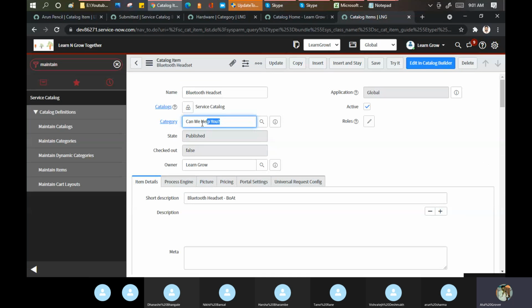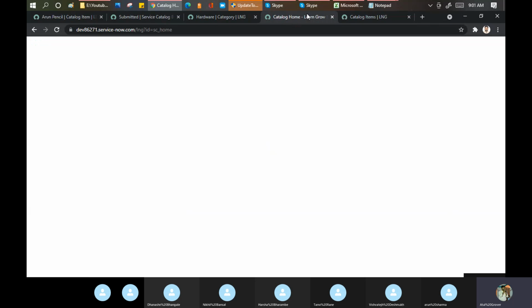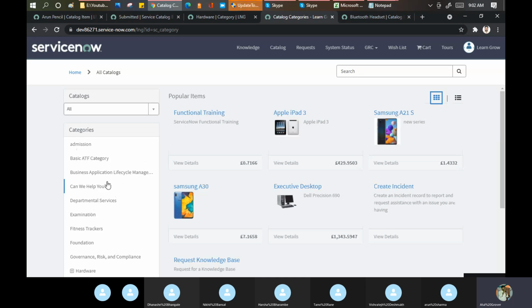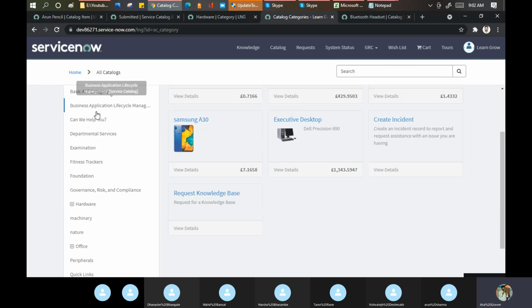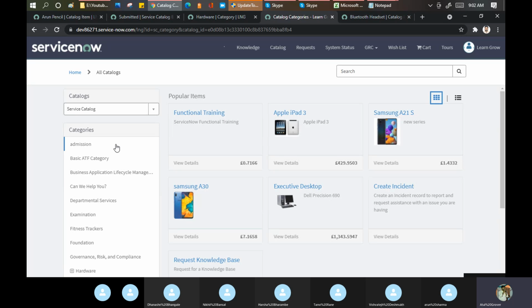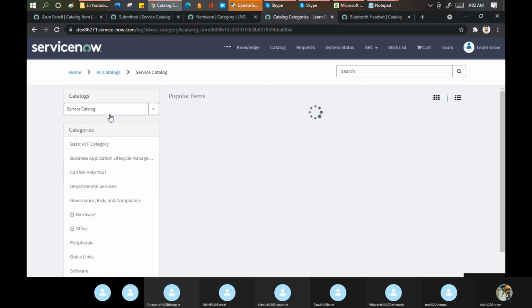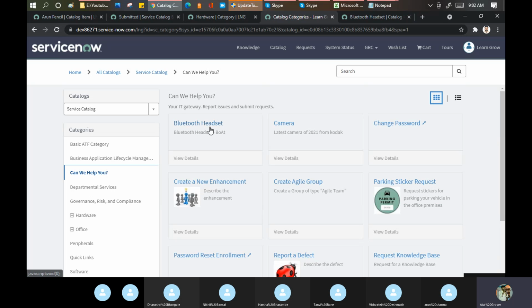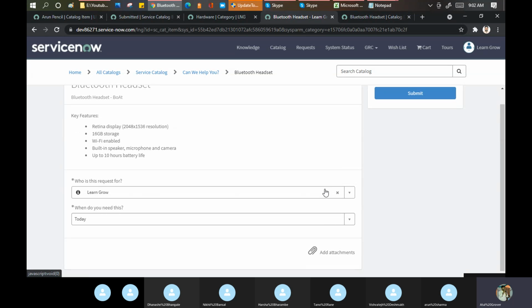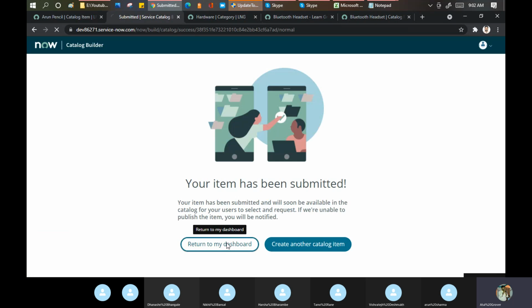Okay, it is under "Can we help you". If you go here, where has it gone? Can we help you? This catalog, and here, can we help you, and you can see this. Who created? It is coming as a default here. Why? Because this is coming from the template part. Let's go here. Return to my dashboard